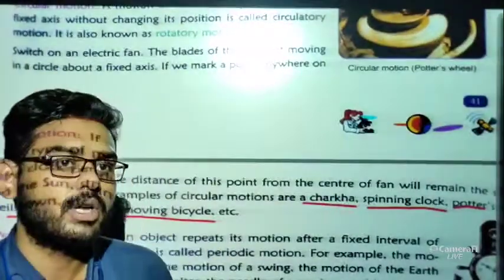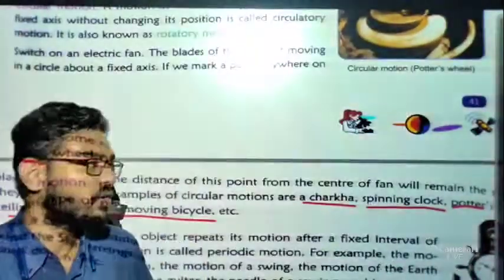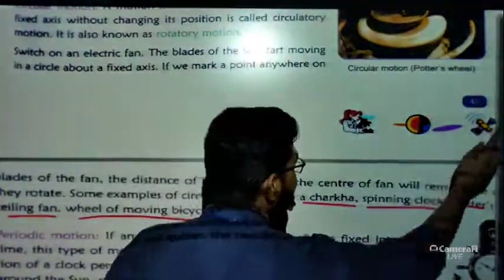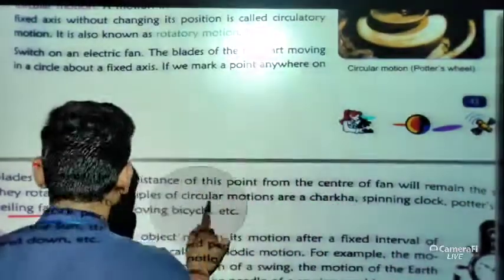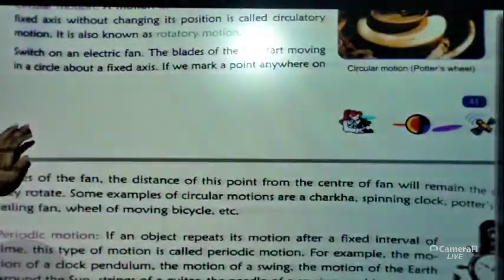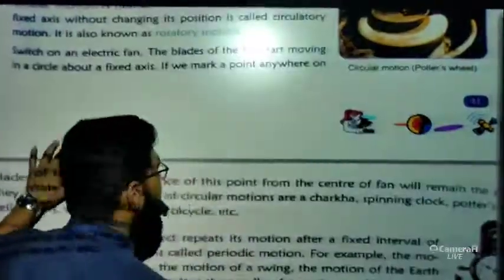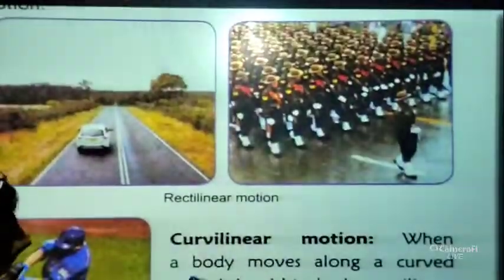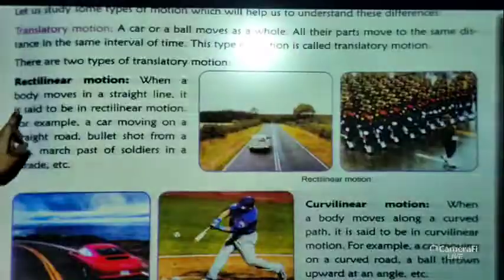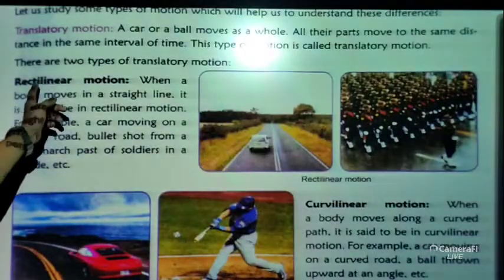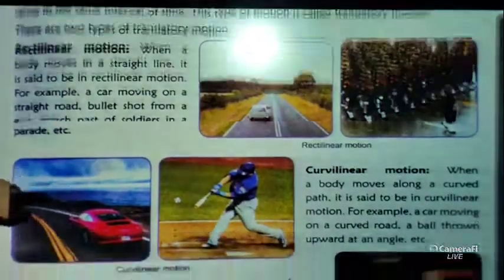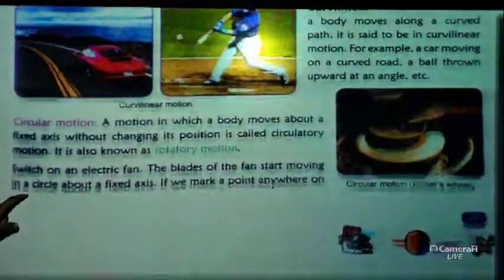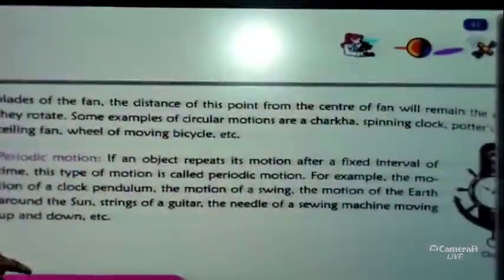We have read about curved motion or circular motion. So three kinds of motions till now we have read. Just have a look. What are the three kinds of motion? First of all we have read about rectilinear motion. These are the parts of translatory motion. So rectilinear motion, then we have read curvilinear motion, then circular motion, and lastly we are going